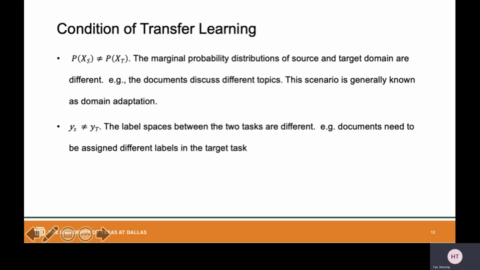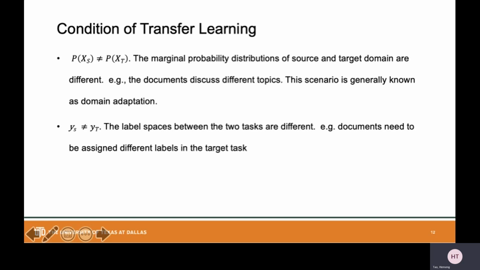For example, even if they are written in the same language, they discuss different topics. This will result in different marginal distributions, also called data distributions, for those 2 domains. The first 2 conditions are the most common in transfer learning scenarios.